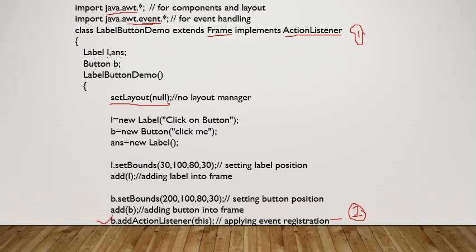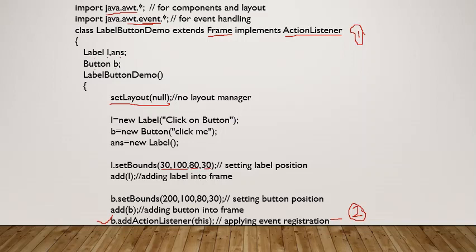For example, I want to place the label at the starting x coordinate 30 and y coordinate 100. The width of this label I want to keep as 80, and the height as 30.